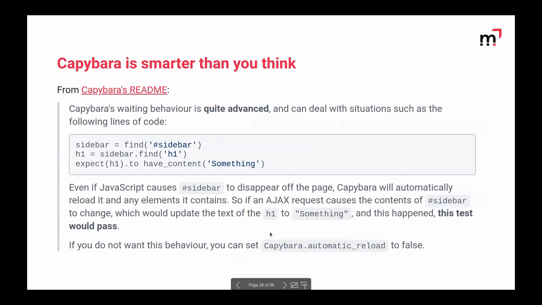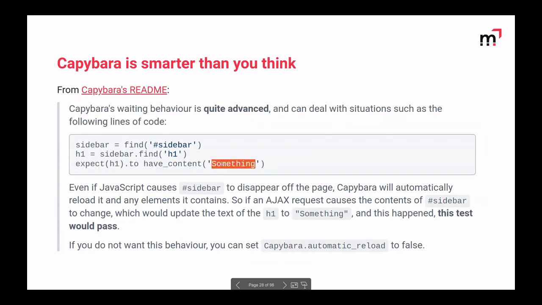The retry mechanism is actually pretty advanced in Capybara. This is an example from the README. Capybara looks up a sidebar element. There's an element with the ID sidebar. Then it looks for a headline within that element, and then it makes an expectation for the content of that headline.